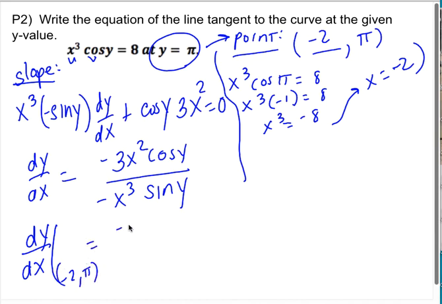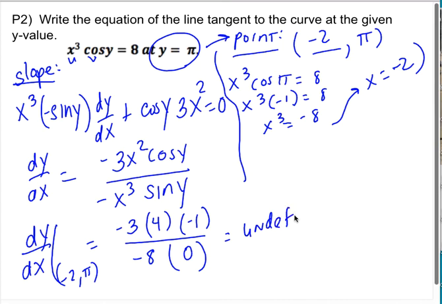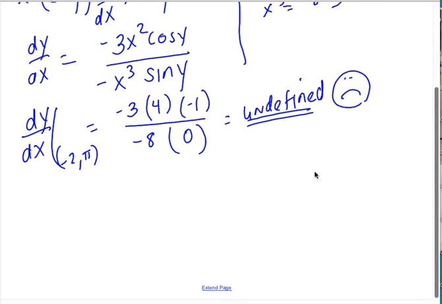So when I do that, again, if you want to cancel a negative, you can. I get a -3 times a +4 times a -1 because that's what cosine pi is. Ooh, this is tricky. I get a -8. And then when I plug in sine of pi, I get 0. So I end up getting that my slope is undefined. So this is tricky because you do all that and you're like, uh-oh, what do I do? My slope's undefined. Well, the answer is that if something's undefined, it has a vertical tangent line. So undefined means a vertical tangent line